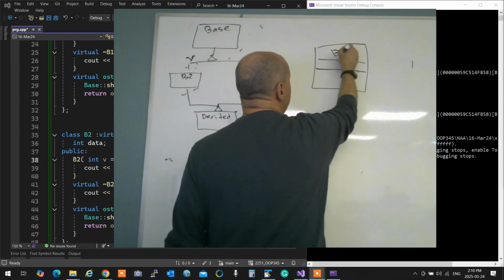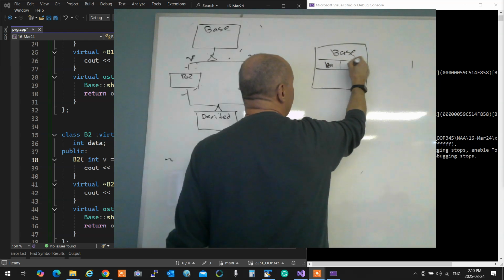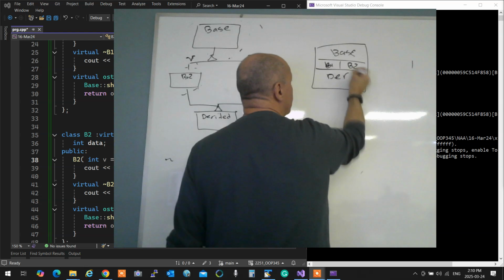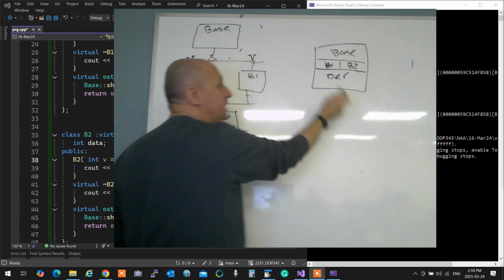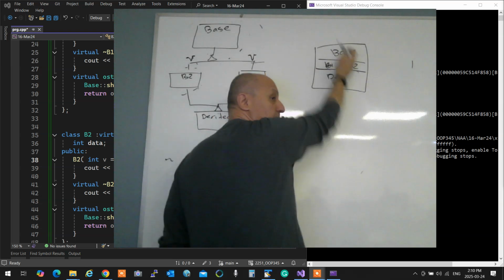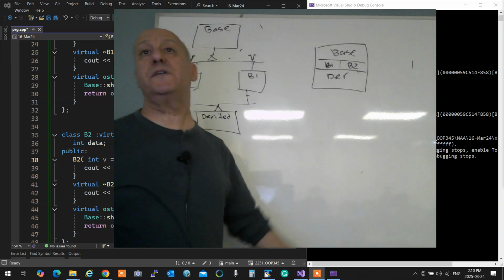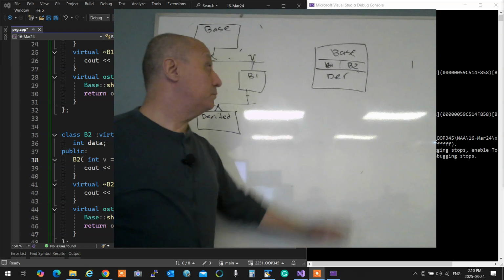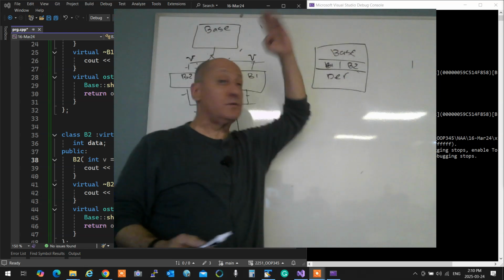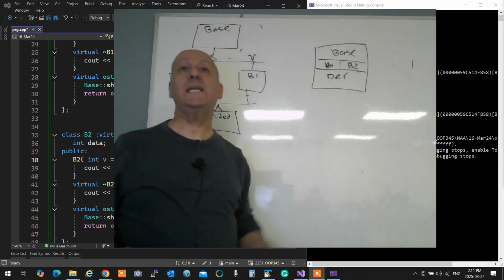So I have one base, and I have B1, and I have B2, and I have the derived over here. If one base is created, and B1 says pass V plus 1 to it, and B2 says pass V2, and B1 maybe gets created with some different initial value, B1 is created with 30, B2 is created with 50. How does the base get created?